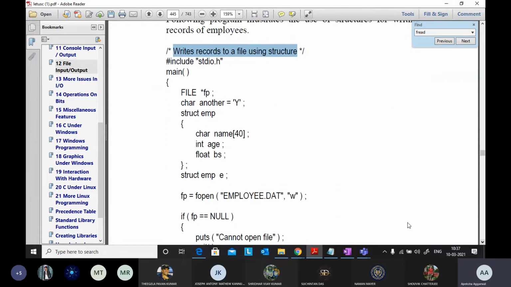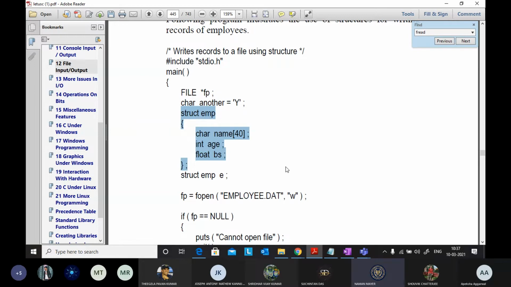So can anyone tell me what is a structure? What is this? Does anyone have any idea about structure? Like structure, maybe have a particular space. Like we can have a lot of